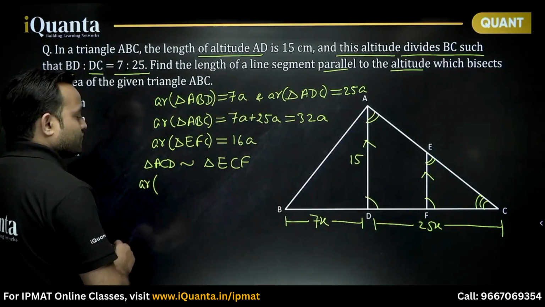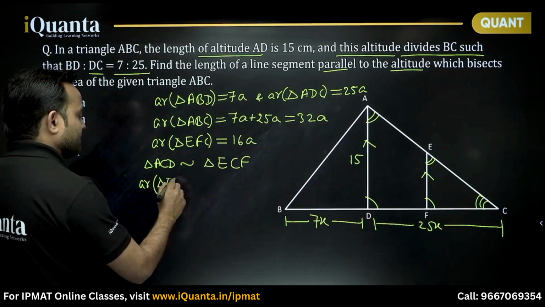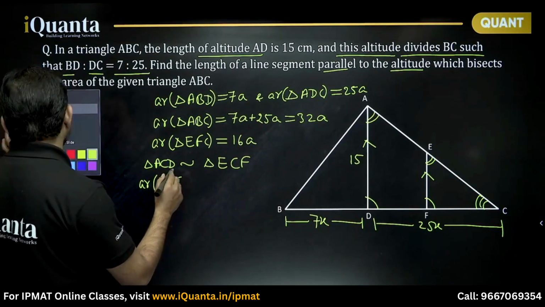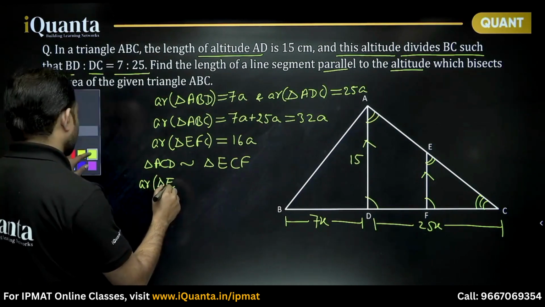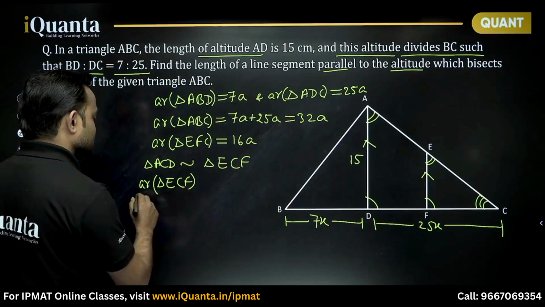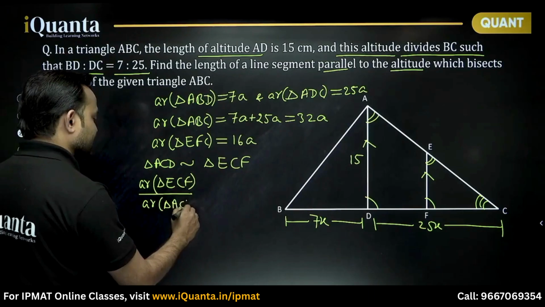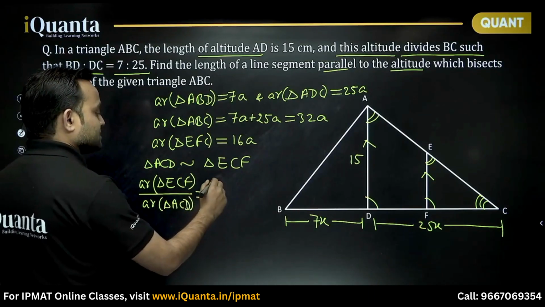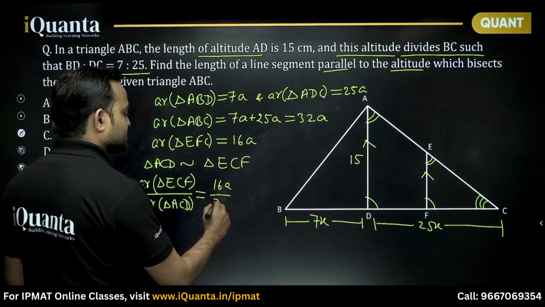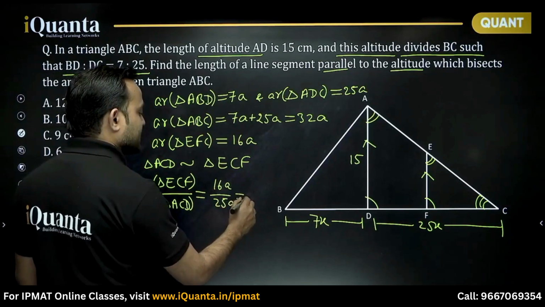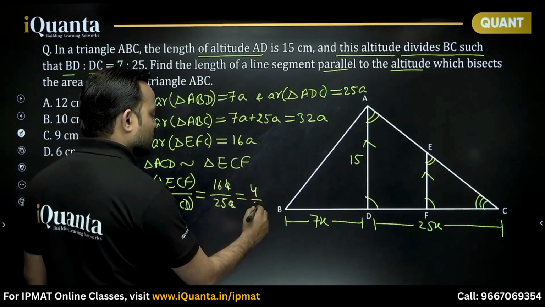Like the ratio of the area of triangle EFC or ECF divided by the area of triangle ACD. This is equal to, so this is 16A, this is 25A, which I can write, A cancels out, as (4/5)